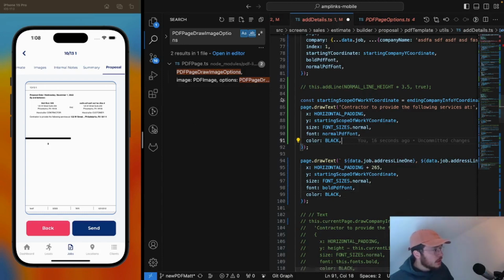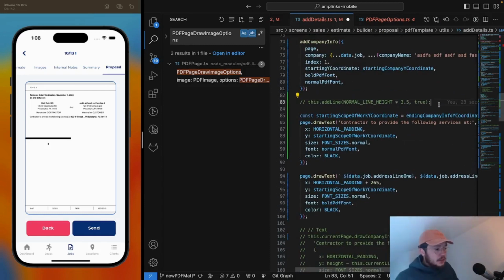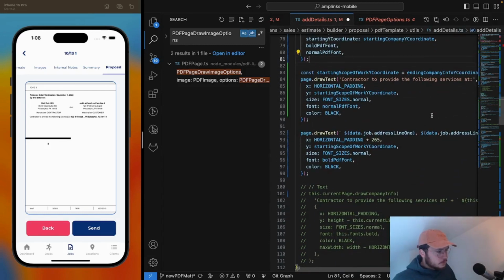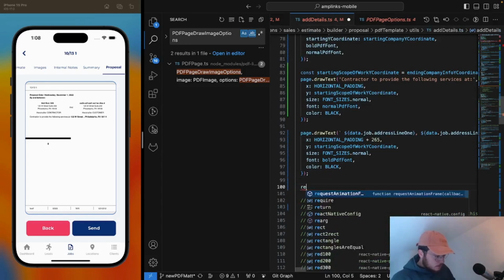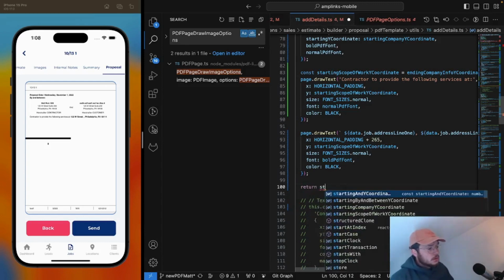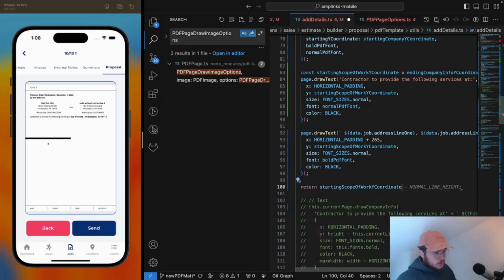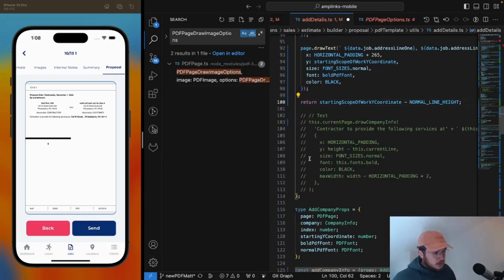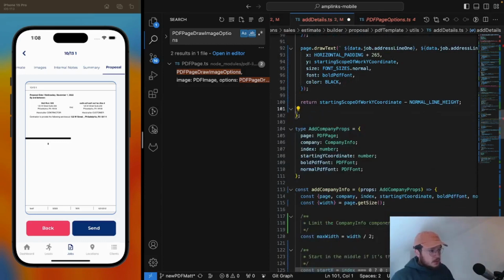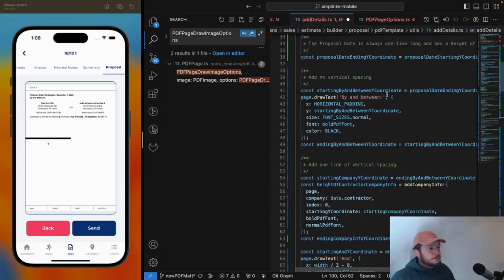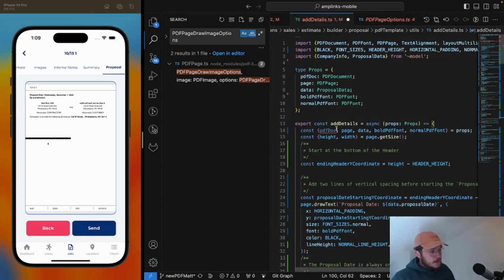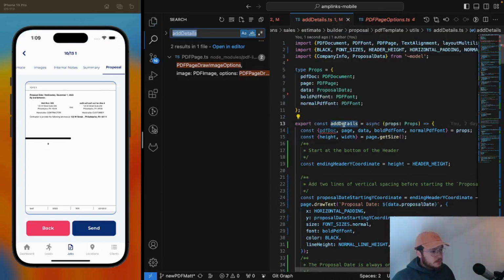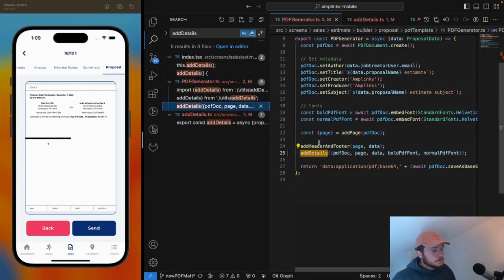I mean, I'd have to draw a line at that, and I don't think that's necessary. Very cool. Return starting scope of work minus normal. Yeah, minus normal. It's just one line, one height. So then that means that add details is going to